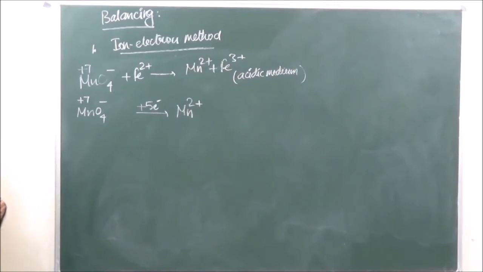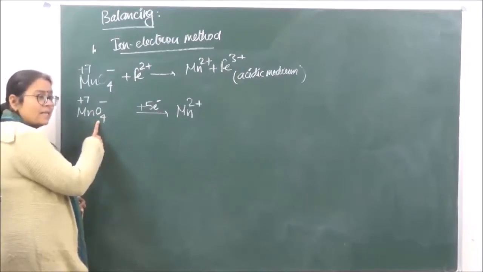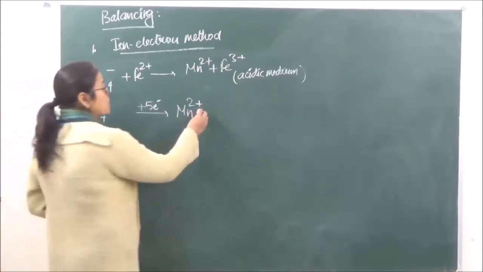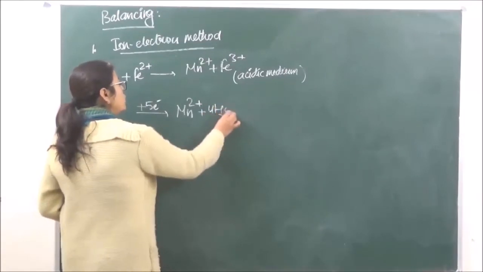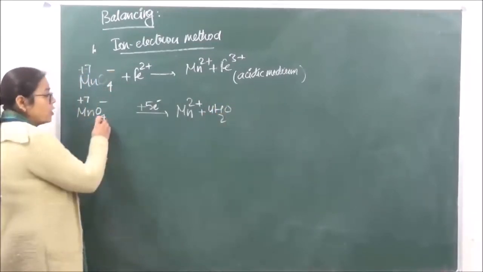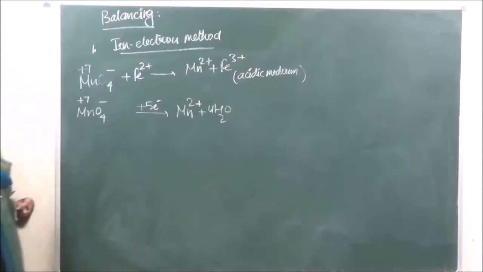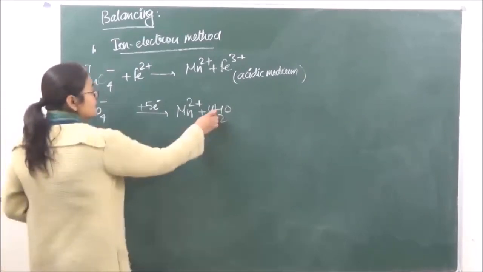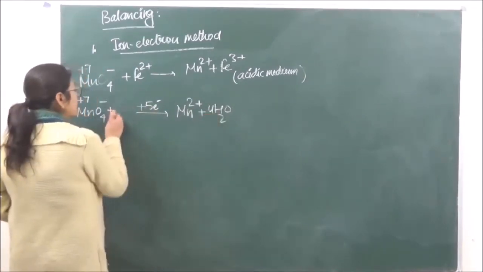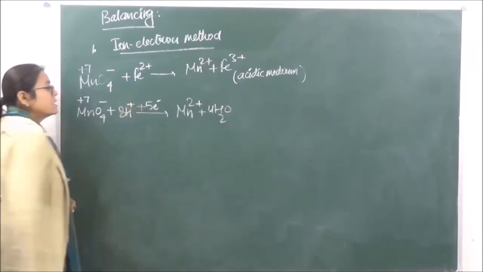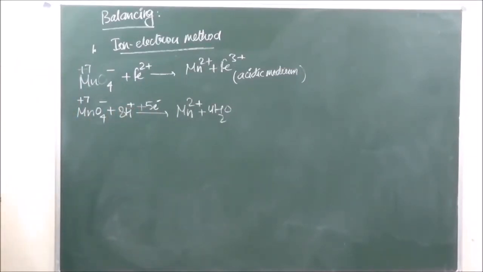First, this is the reduction half reaction which we have. So let's completely balance it. In order to balance the oxygen, we have to put water molecules on the opposite side. There are 4 oxygens over here, so in order to balance the 4 oxygens, we put that many water molecules on the opposite side. Then finally we will balance the hydrogen. So 2 4s are 8. Hydrogen is going to come in terms of 8H positive. So this is a totally balanced reaction now. Then we balance the second reaction.